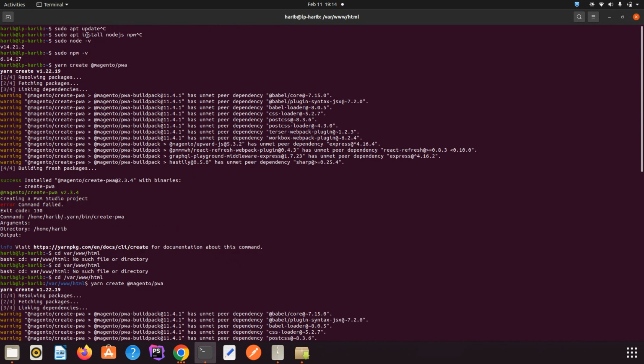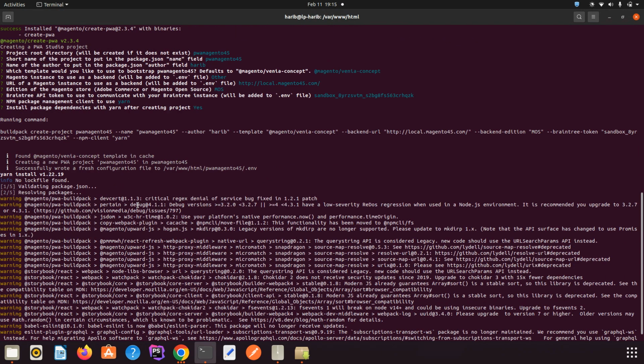Here we don't have any problems firing your commands, like sudo apt update and sudo apt install, and checking the version. It is completely fine till here. But I think this is not a good practice to install here, because you don't know where the file gets saved. So it's better